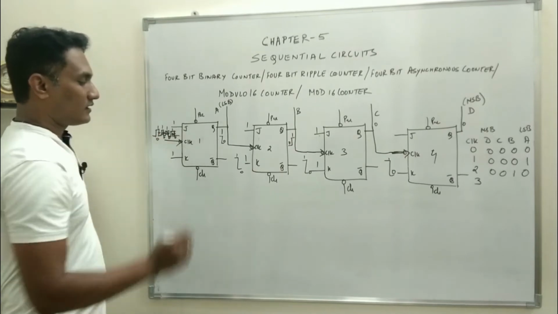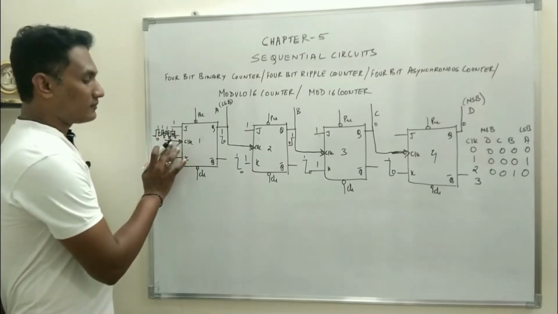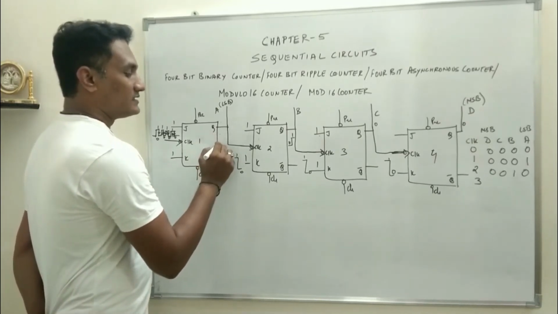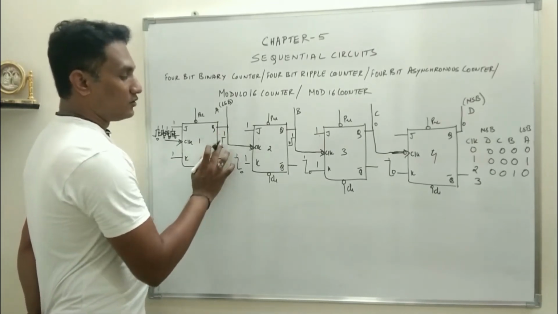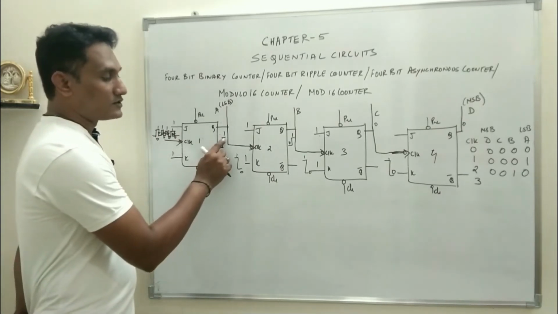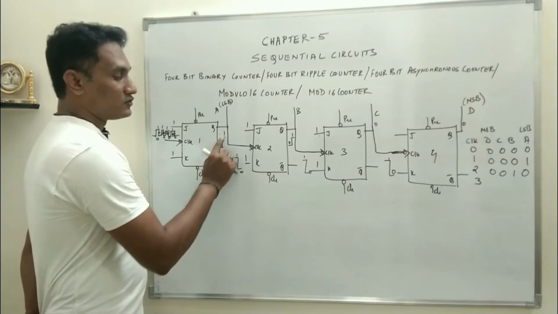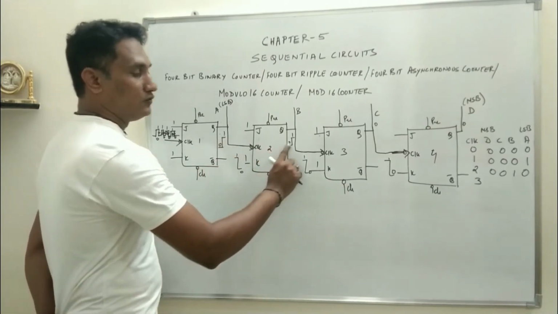Now let's say third clock pulse is applied. So when third clock pulse is applied, again the first flip-flop will toggle. Now what is A? A is 0. So A goes from 0 to 1. Now when A goes from 0 to 1, there is no clock input for the second because it is deactivated. So 0 to 1, no clock pulse is given, so 2 will remain as it is.